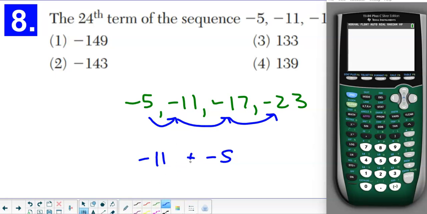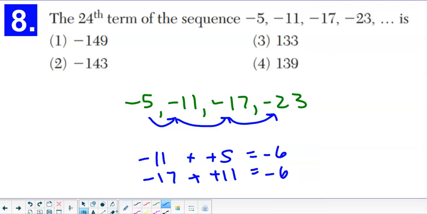Negative 11 plus 5 is negative 6. Negative 17 minus negative 11 is negative 6. So it looks like we are decreasing 6 each time. Decreasing 6. So that means the common difference is negative 6. Now you can use your reference chart to look up the formula, but the arithmetic sequence is